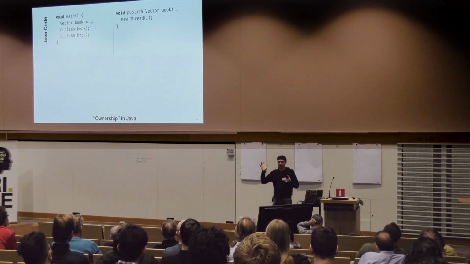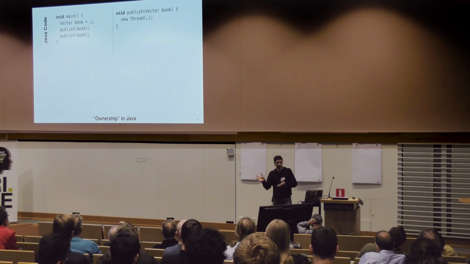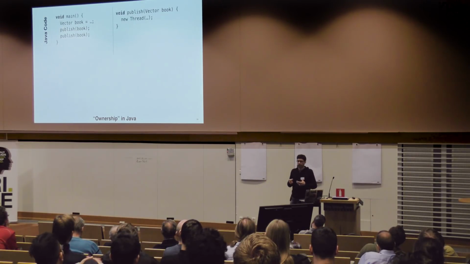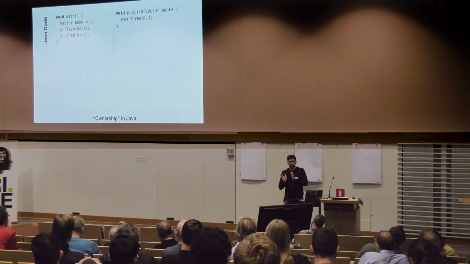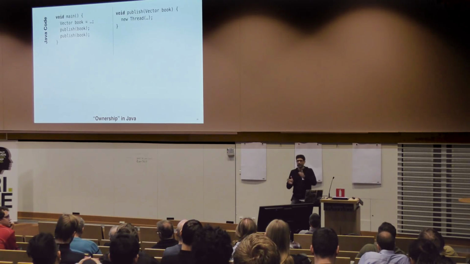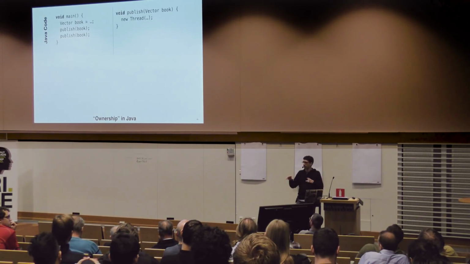So my point is not so much that garbage collectors are slow, but that just looking at these signatures, there's actually a lot of information not there. If you just look at the signature of publish, you don't know what it's going to do with that vector. You don't know if it needs that vector to be immutable while it executes, or if it's okay if it's being mutated, say, by another thread. You don't know if it's going to start a thread. You have to read and understand the whole set of code before you can know these interactions. And that's really problematic.